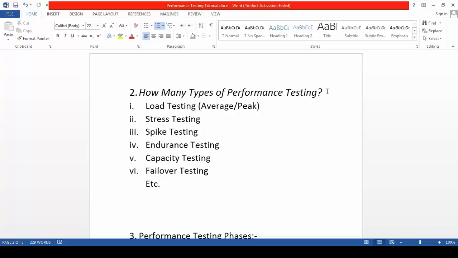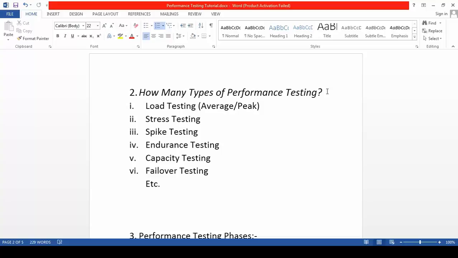Okay, so that is a kind of spike testing. We will discuss all these scenarios later when we will be seeing the different performance testing tools and their behaviors, scenario design, etc.